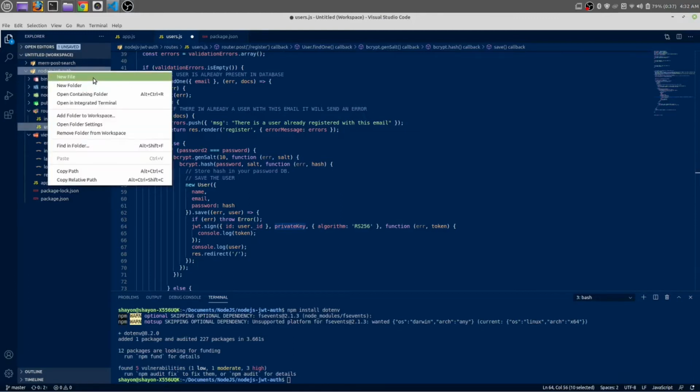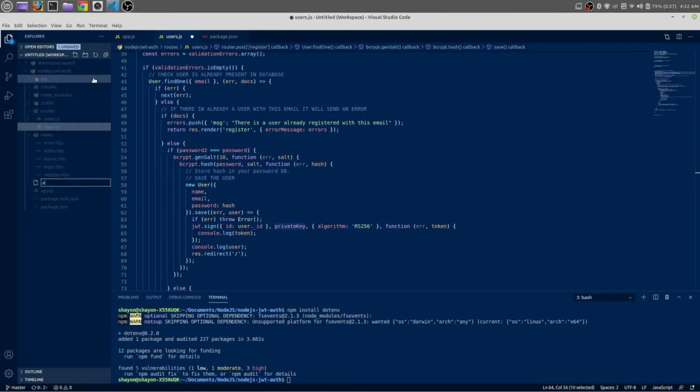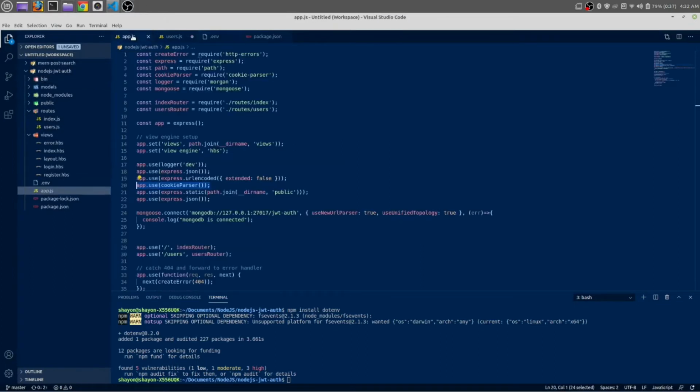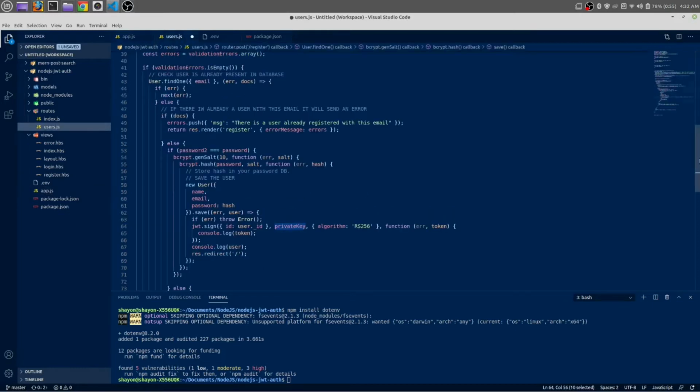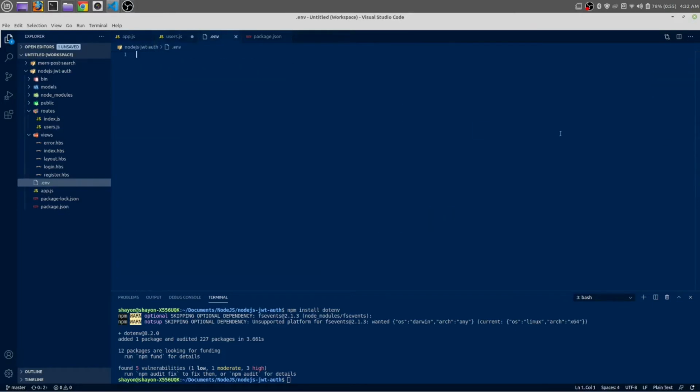Let's create a .env file, .env, and in app.js, this MongoDB connection URI string should also be secret. So at first let's do it.